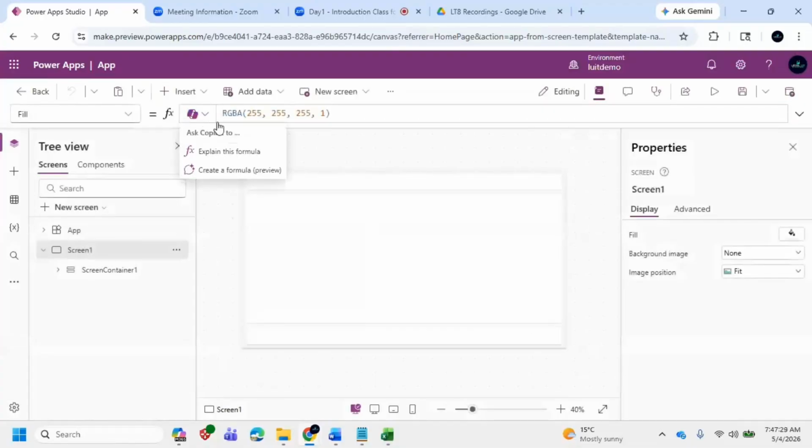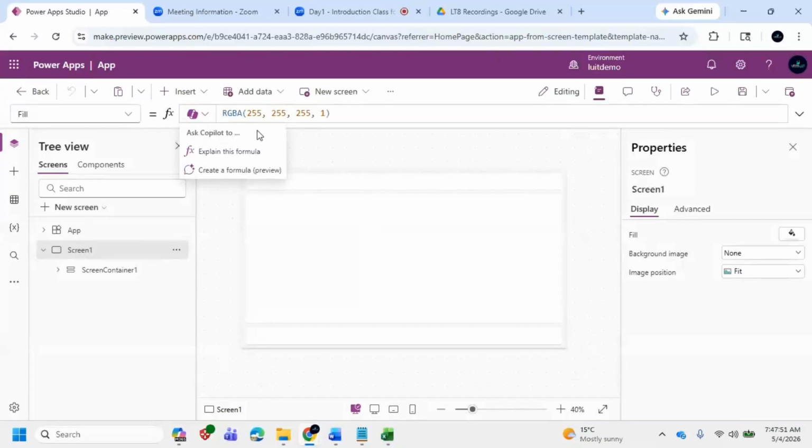Now if you see, this is the Ask Copilot. So what is Copilot in AI? It's a Microsoft AI thing where it will have its own LLMs. It can use Claude, it can use ChatGPT, like that, right? So when you consider